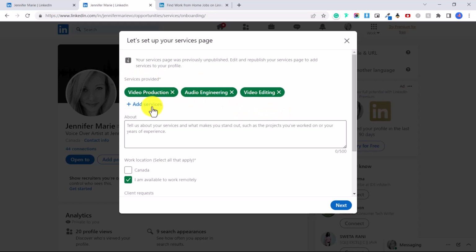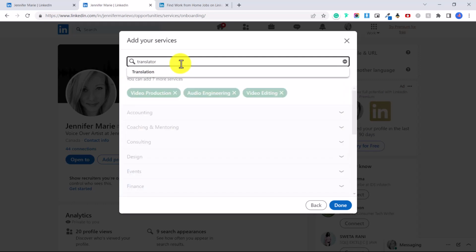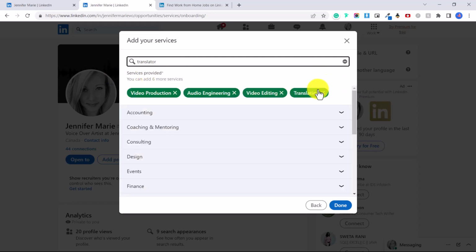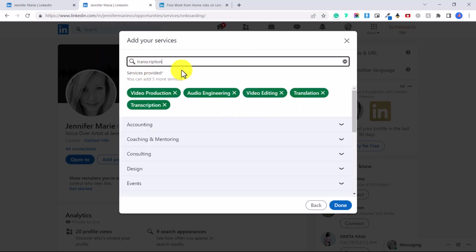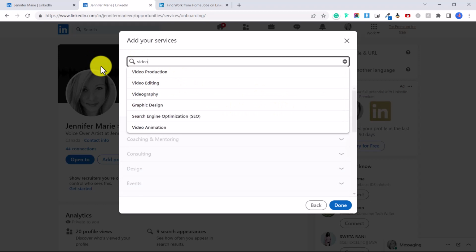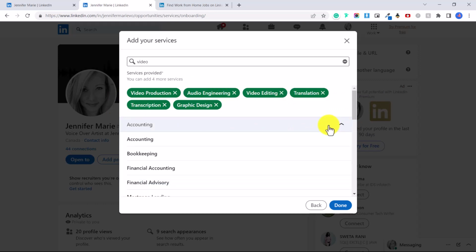So you can click Add Services, and you can add up to 10 different services. So let's say you're a translator, you can put translation, and that will be added here. Let's say transcription, that will be added here. Video editing, video production, videography, graphic design, whatever it is, you can add those. If you want to browse, you can click here and browse